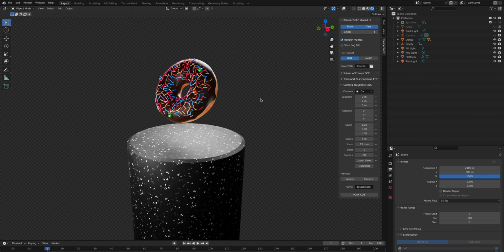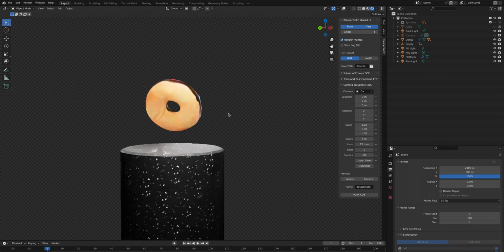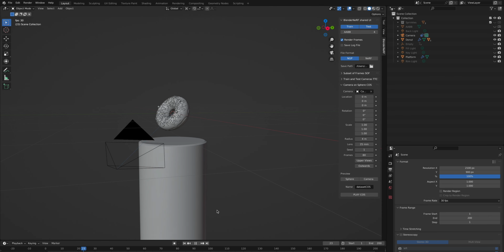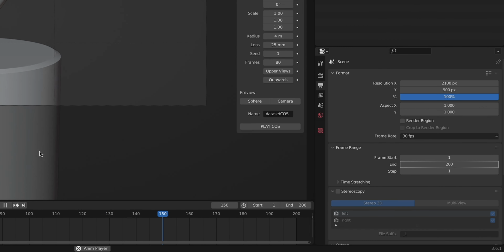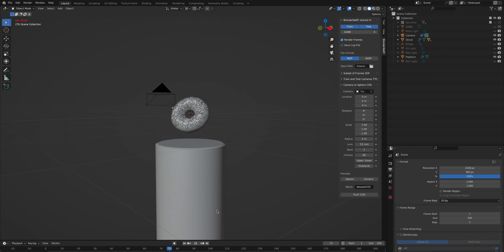Let's have a look at this via a simple scene with a donut that you might recognize from the Blender Guru tutorials. In this scene, I have a simple camera animation that spins around my donut for 200 frames. But perhaps we could render half or even less frames and instead render out 200 frames using a NERF.